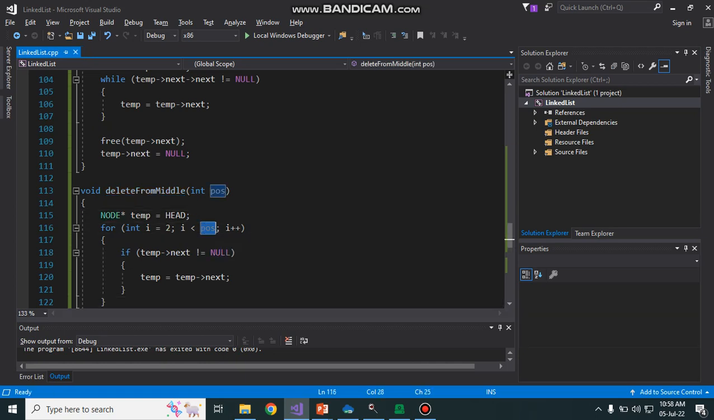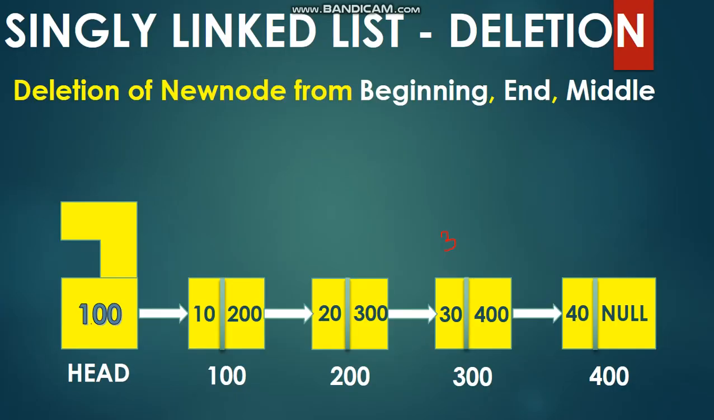Again, the condition is the same, because if you want to delete a third node, your temp should come to the second node. Alright, and after coming to the second node, see, this is our second node. If temp is pointing to this, then this node you need to delete. It means this pointer should point to the last node, or you can say temp arrow next, because temp is pointing to this now. So temp arrow next